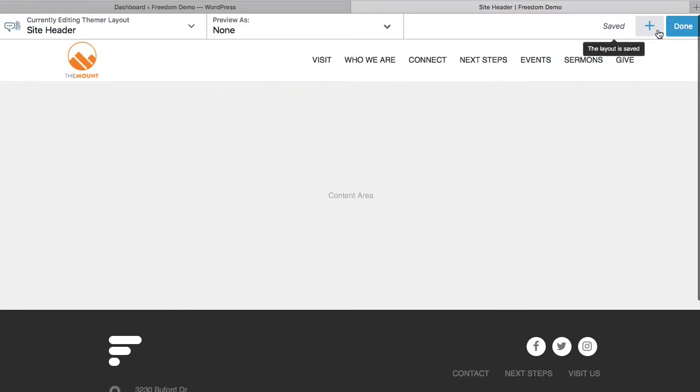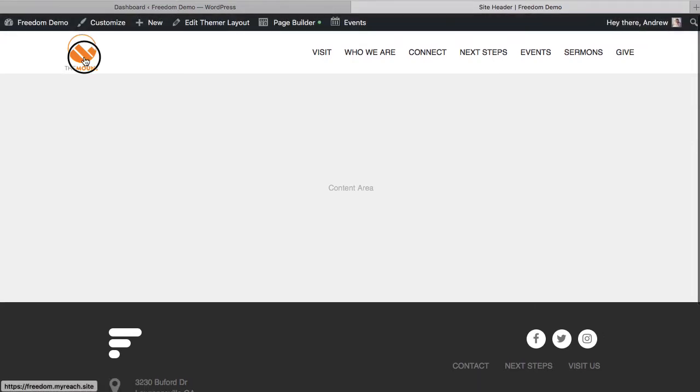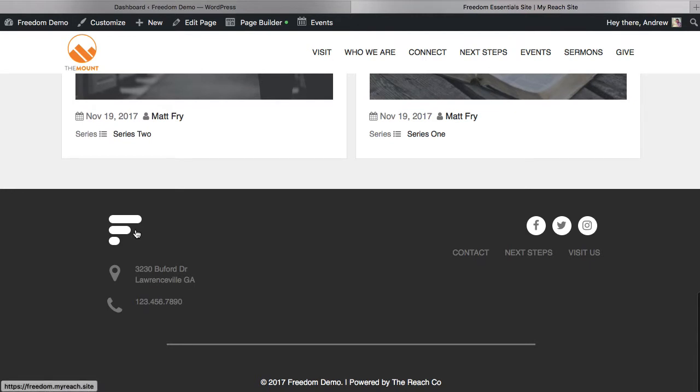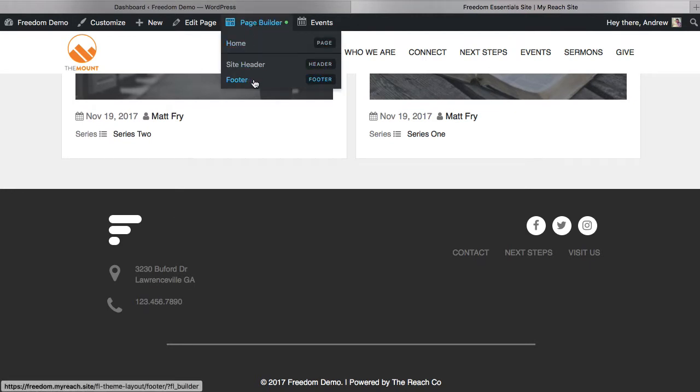And you see up here that it says Saved, and then Done and Publish. And see, we're going to click back on this, and it will have replaced the logo that we're using for the website right here. Next, we're going to change the one down here in the footer, and to do that, it's the same process. We're going to go to Footer,